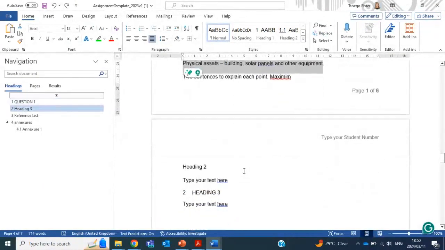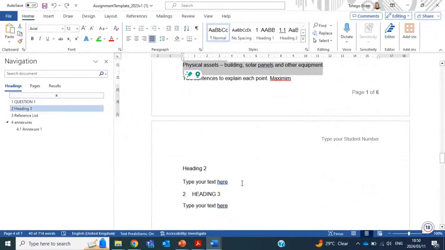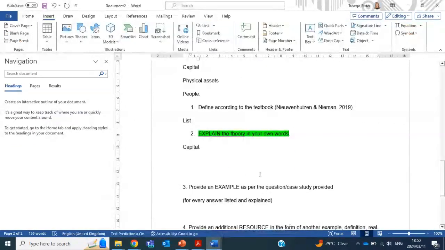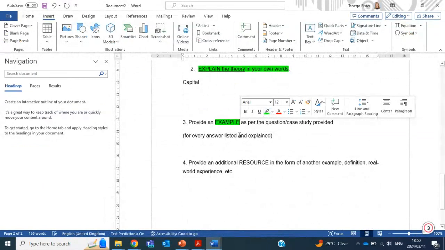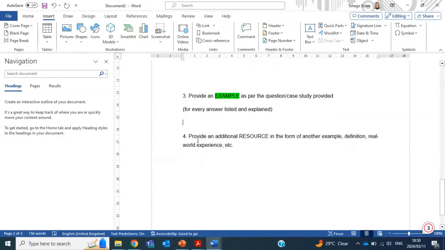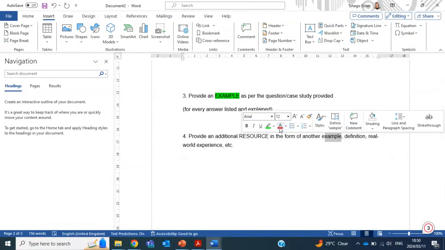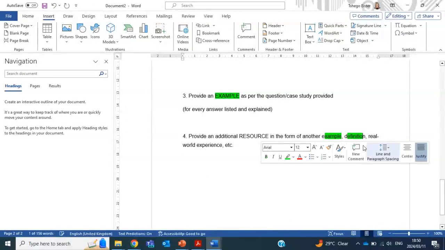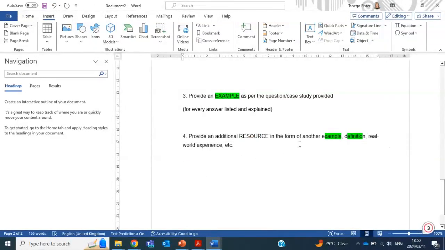After you provide the example, this is where the honors level comes in, and that would be step 4. We've provided an example, then in step 4 we provide an additional resource in the form of another example, another definition, or a real-world experience, right? So what I would do here is say other researchers